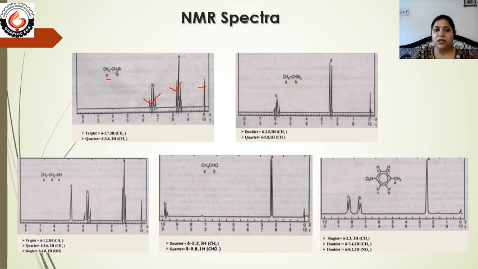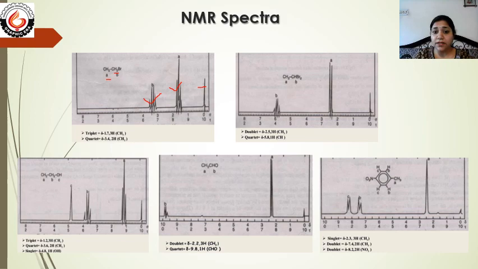After that, if we are talking about the splitting, the CH3, which is the signal for A, has two neighboring hydrogens, so it is split into a triplet. Whereas the CH2 has three neighboring hydrogens, so it is split into a quartet. Like this, we can always see which one is split, which one is not split, which one is shielded, which one is not shielded, and if splitting occurs, how many split peaks will appear.